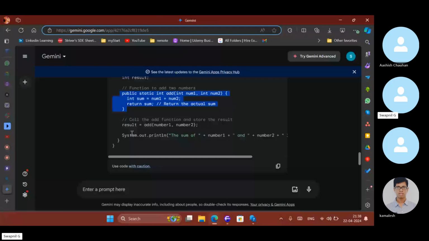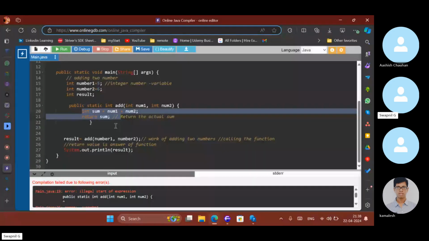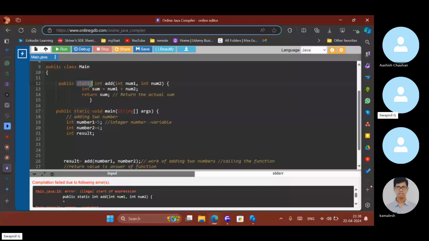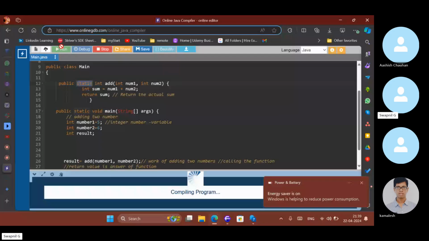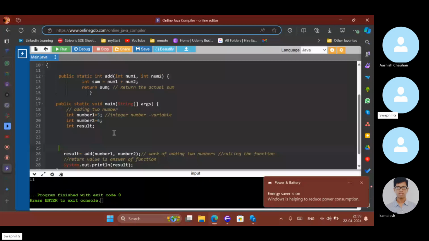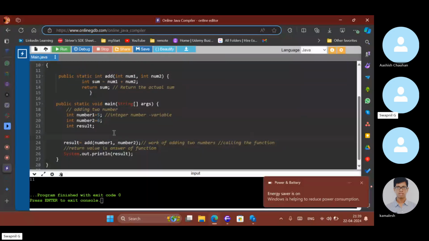In Java, you have to define your function outside of main, and you have to mark it as static. We will learn in a further class why you have to do that. If you keep it outside of main and run it, it will work fine. So two things are clear to us: return type, and what return type is.